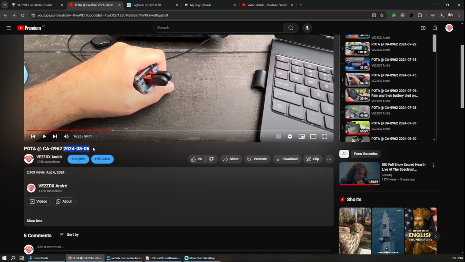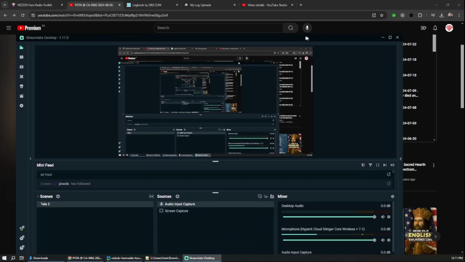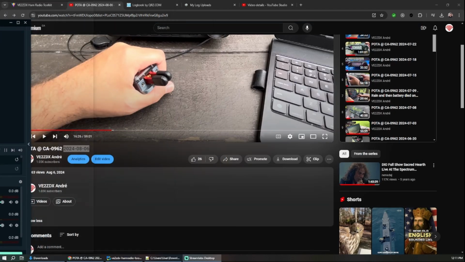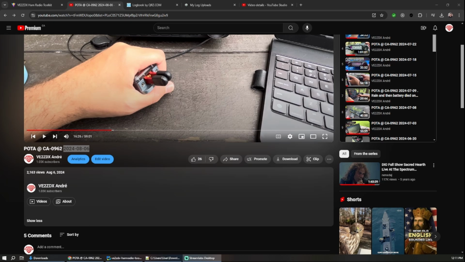It doesn't need to be a park activation. It can be any radio activity that you do, like Summits on the Air, or you happen to be at home. You just get OBS and stream, or record on your local machine. It doesn't need to be public. The video can be private or unlisted. You don't need to make your radio activity public to have the history for yourself. So in this case, I have this POTA video here